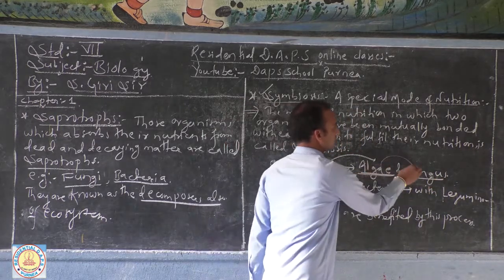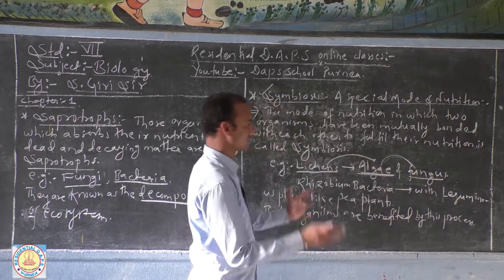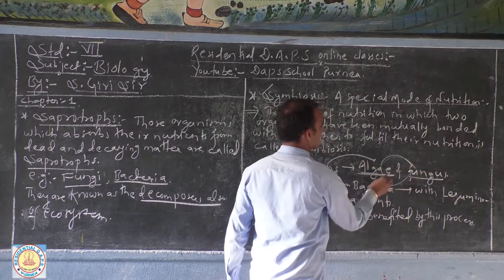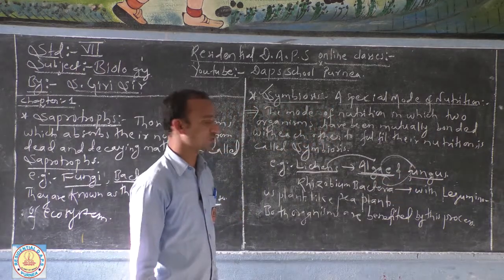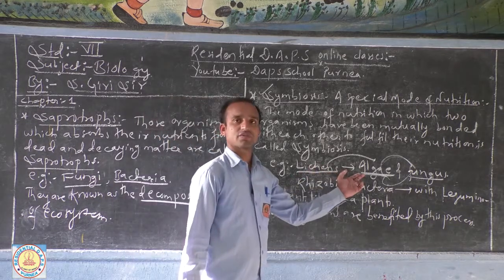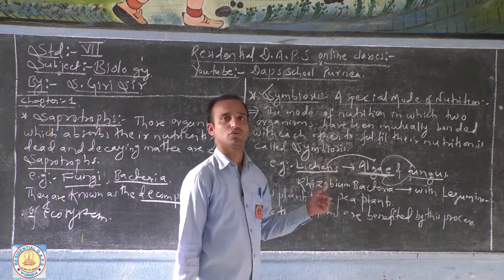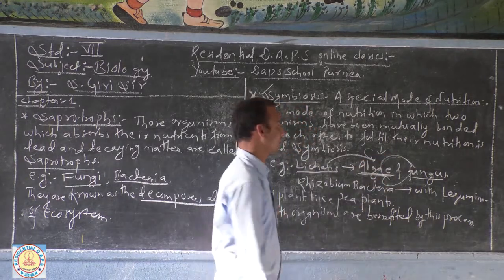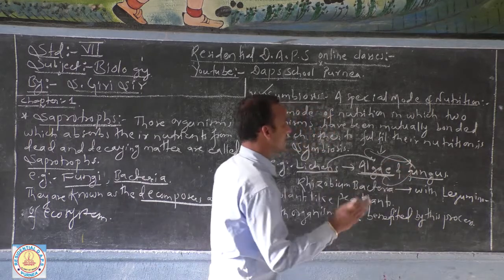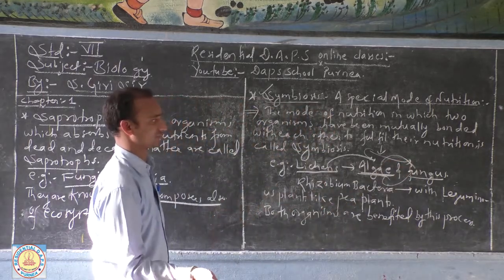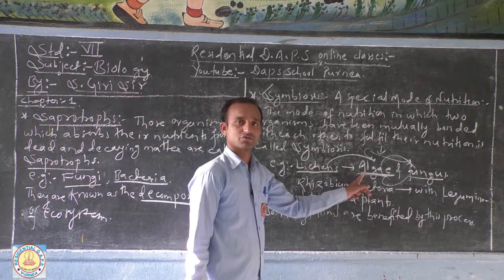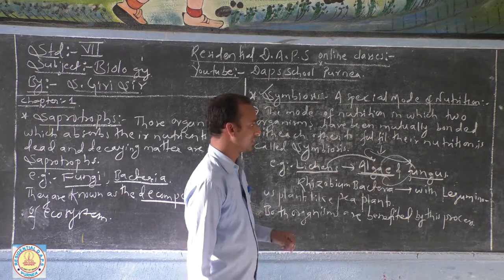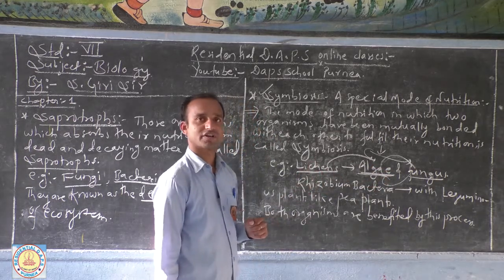Now they both associate with each other, means they have a mutual relation. Fungus supplies the water and minerals to the algae, and the algae, by the process of photosynthesis, can easily manufacture the food. After the making of the food, that food is utilized by the algae also and by the fungus also. Means both organisms are benefited. मतलब दोनों को फायदा इससे हो जाता है. एल्गी भी जिंदा रह जाता है और फंगस भी आपका जिंदा बच जाता है. Means they are sharing the food after manufacturing.